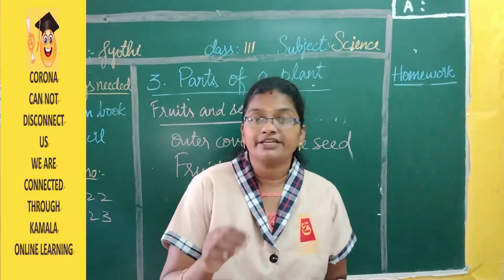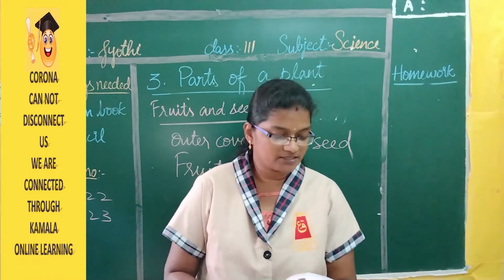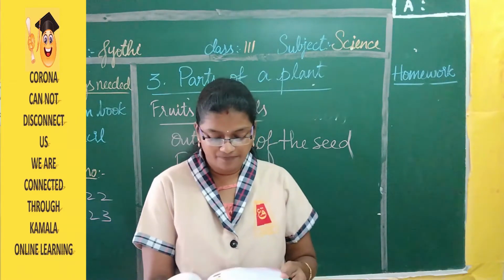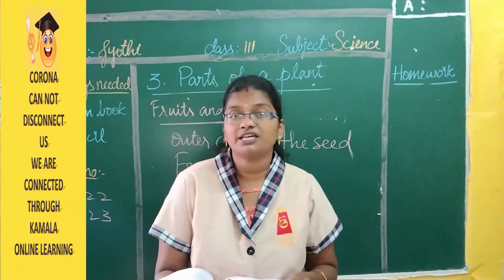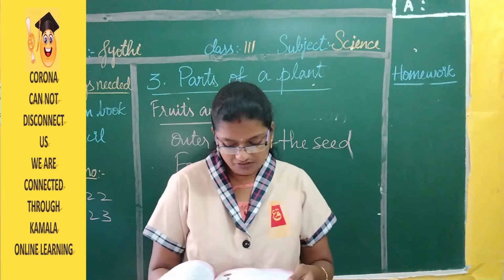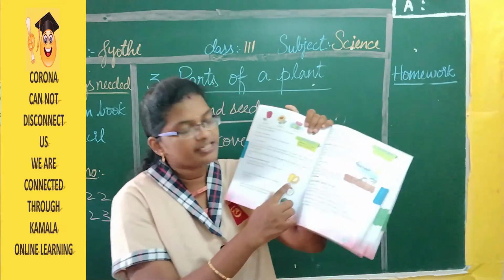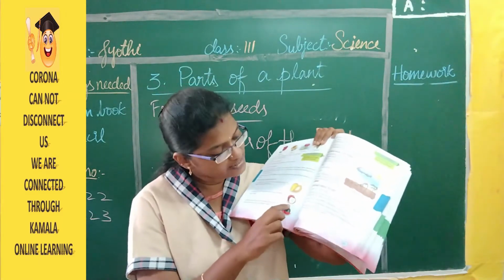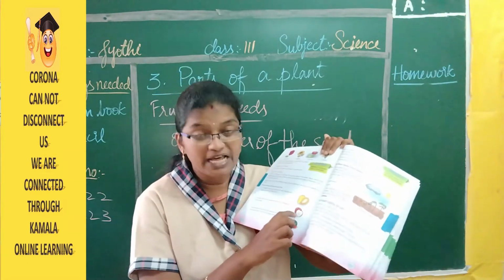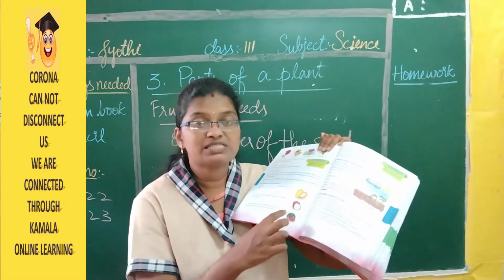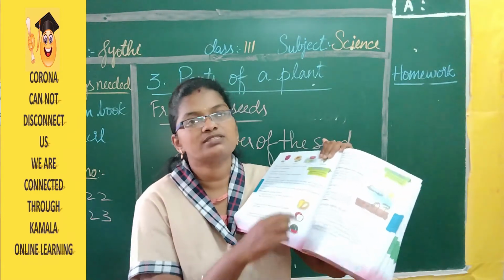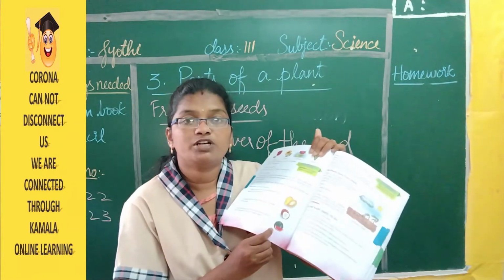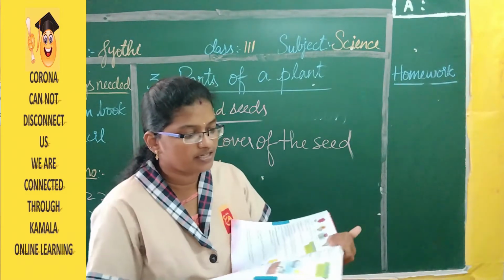That is, these seeds literally grow into new plants. Seeds come in many different sizes. Some seeds are big and some seeds are small. Now if you see here, the first picture is mango. It has a very big white seed. If you see apple, it has around 6 to 8 black seeds. If you see watermelon, apple seeds and watermelon seeds look similar but the size is a little different. Apple seeds are a little small, watermelon seeds are a little big. And watermelon has so many seeds, right?